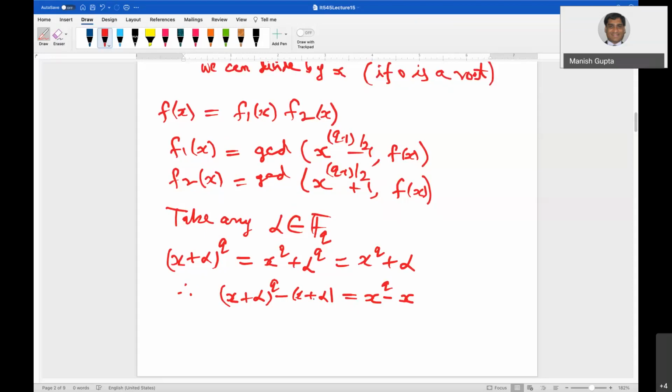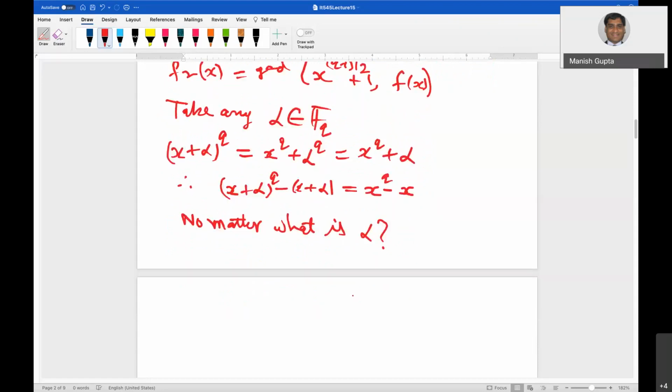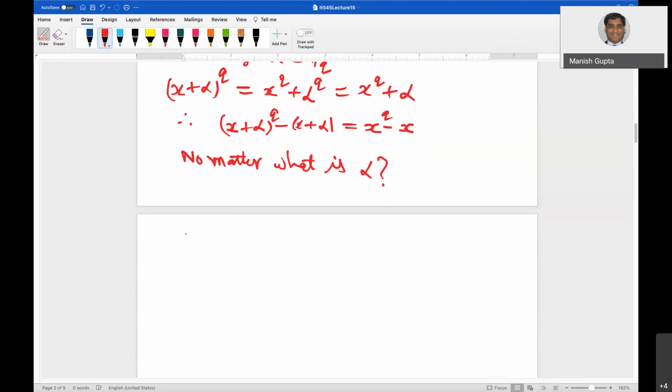Now that means irrespective of the choice of alpha, no matter what is alpha, the polynomial (x plus alpha) raised to power q minus (x plus alpha)